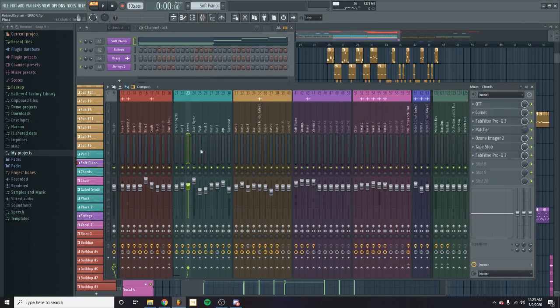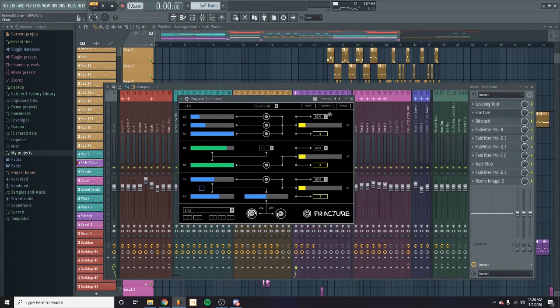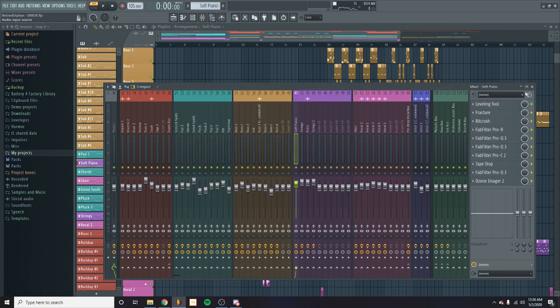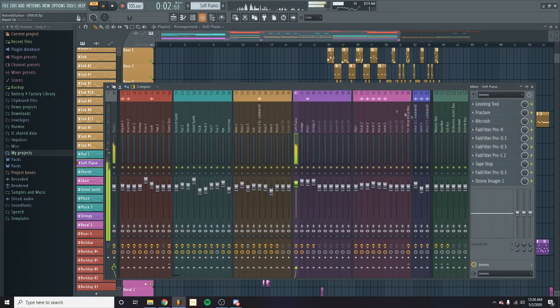If we look at the piano, the little soft piano here, I have Fracture on it, and I believe I'm automating Fracture's dry/wet. Yeah, right here. That way its glitches are at a very low volume. It's not the entire piano. You just kind of hear them come in a little bit, because without this,